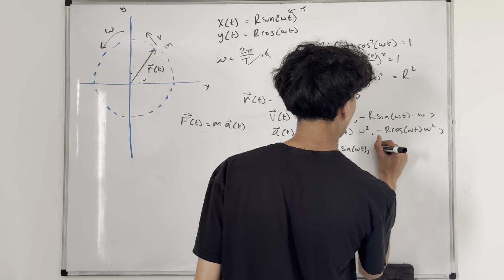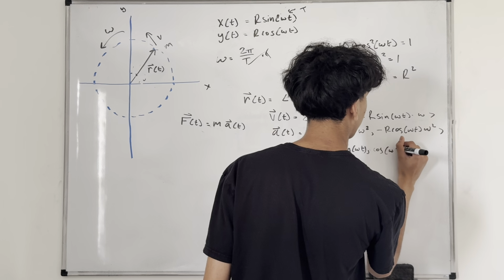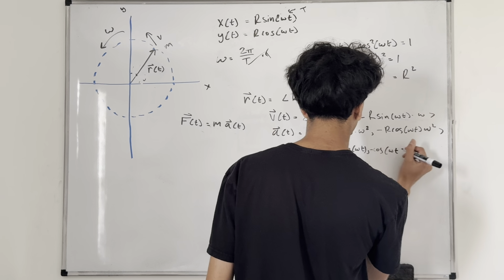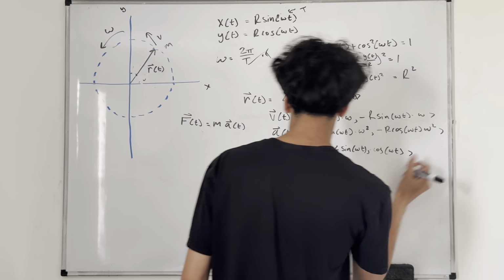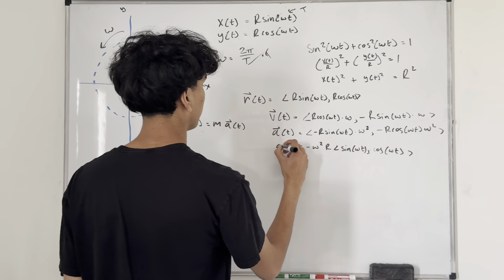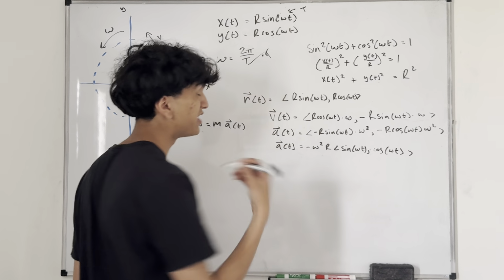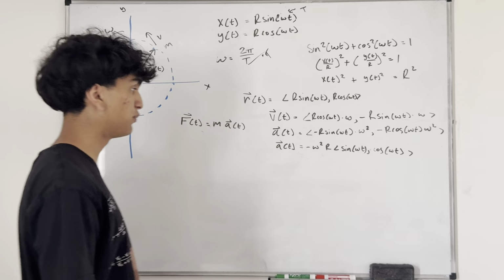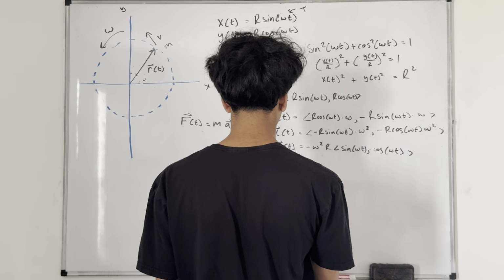And you might actually be able to see why in a second we are doing this. And then, oh, we pulled out the negative. Okay, perfect. So this is the acceleration. And so the net force, by Newton's second law, the net force on the object at any time would just end up being,